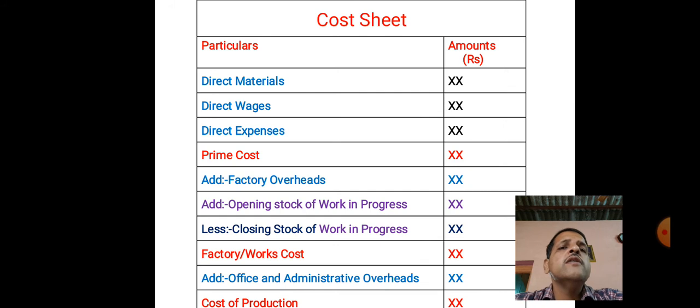So these are the items from direct material, direct wages and direct expenses. By taking together these three, we get prime cost. Now factory overheads are added to the prime cost. Overhead means nothing but indirect expense. Now certain expenses are related with factory, which are also known as works overheads. Which are they? They include